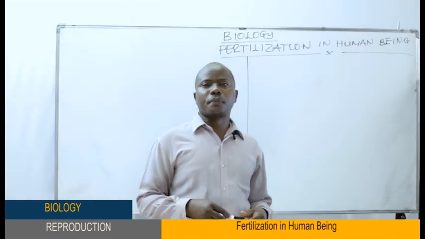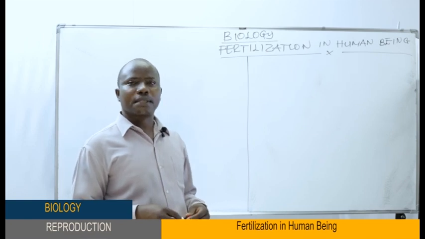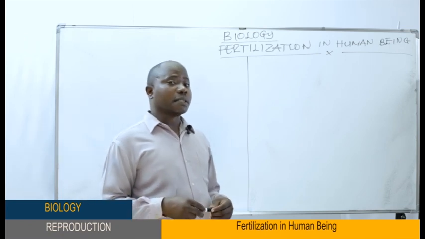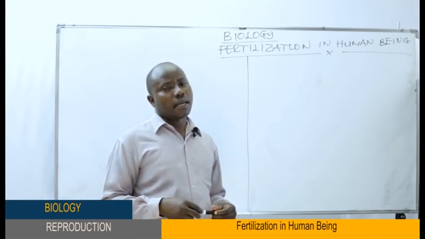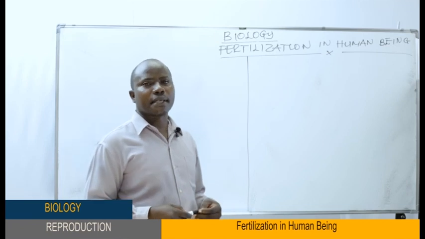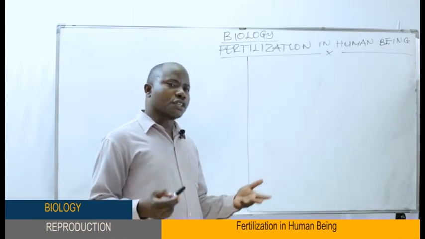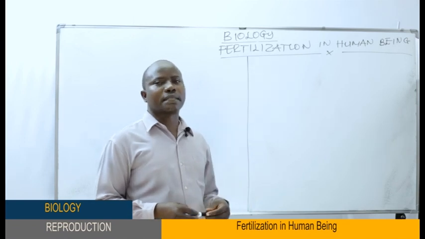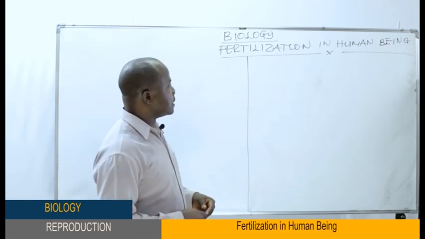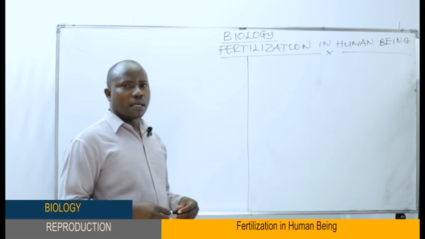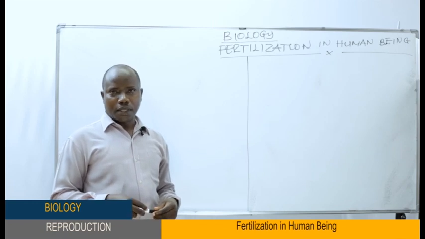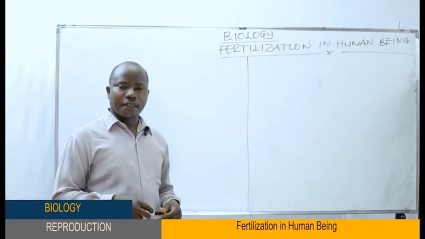I'm here today to present to you another important concept in human reproduction. If you remember, last presentation was about gametogenesis. We saw how the process of gametogenesis occurs in both the male and the female reproductive system. But the completion of the process of gametogenesis means other processes have to take place. And the process that takes place after gametogenesis is fertilization. Therefore, the concept I'm going to present to you here is fertilization in human being and the consequences of fertilization.